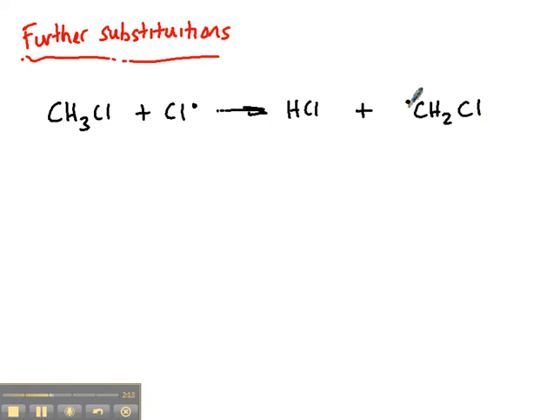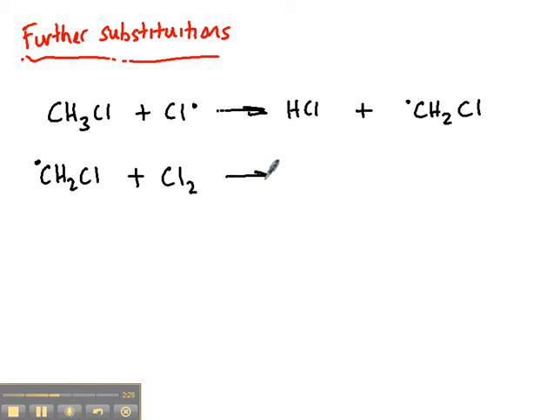Alternatively, we could have that free radical that has been generated again, remember the radical is on the carbon, reacting further with another chlorine molecule, and